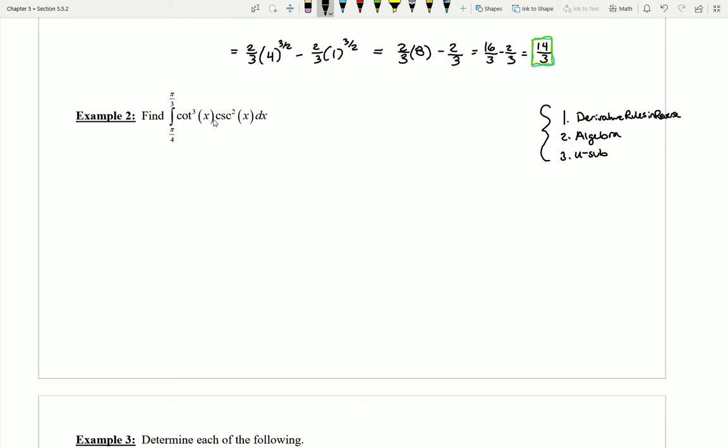Now, of course, here when I look at this function, cotangent to the third of x times the cosecant squared of x, that is certainly not a derivative rule. And so I'm not going to even bother thinking or trying to work too hard on strategy 1. Here I'm actually going to recognize that doing a U substitution is going to be really nice, because I can see that there's something in here that when I take its derivative,